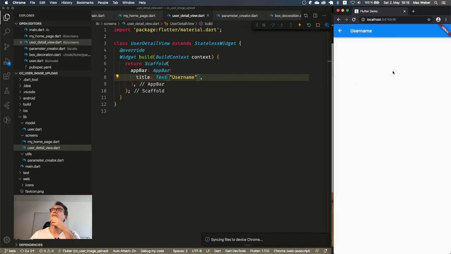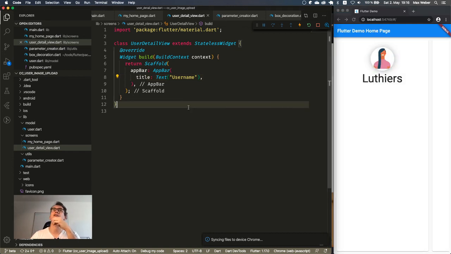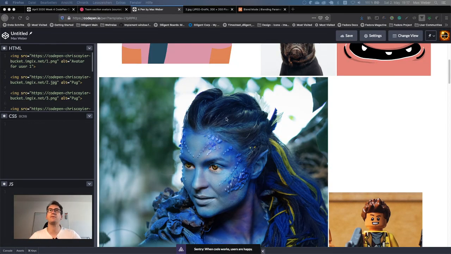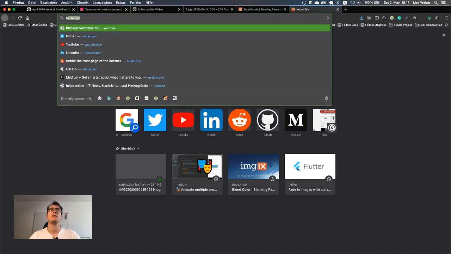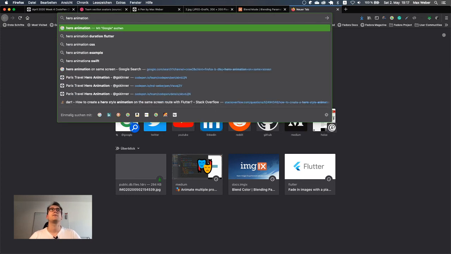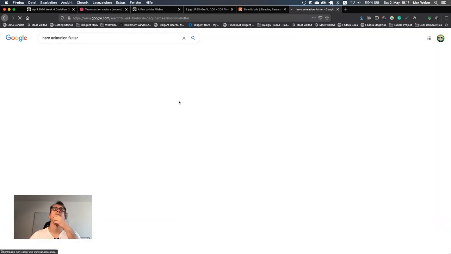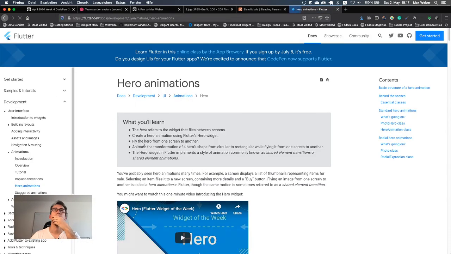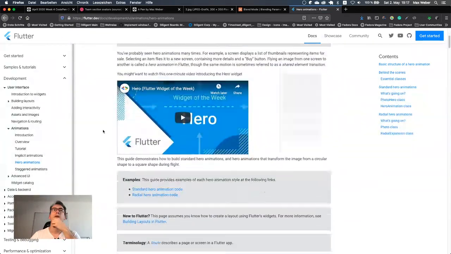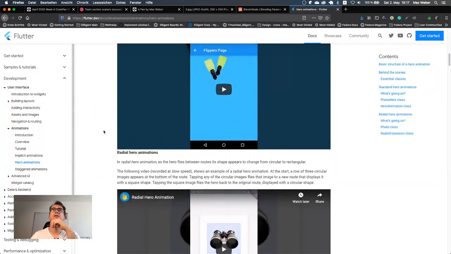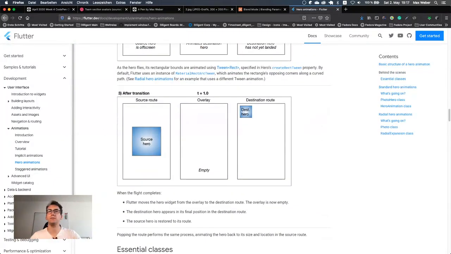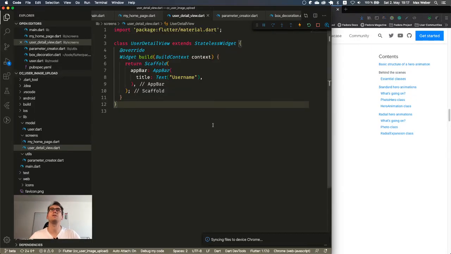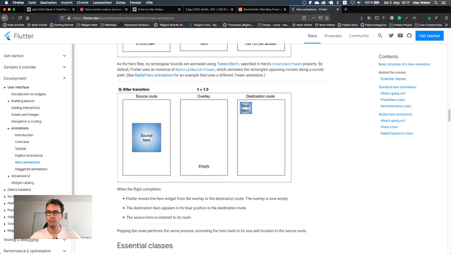And what I want to achieve now is, for example, a hero animation, because if I'm not wrong, the hero animation is not part of the Flutter package, or it's not part of a pub.dev package. Let's have a look. Hero animation looks good, looks good. And so we can just use it and then we can see if it's there or not.